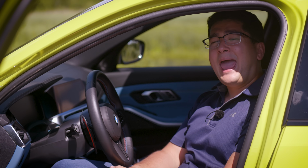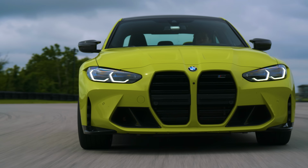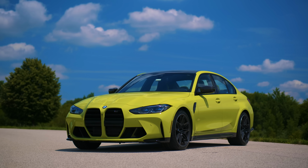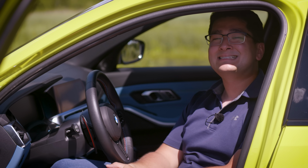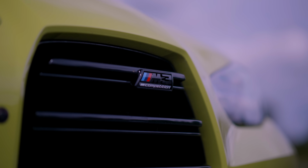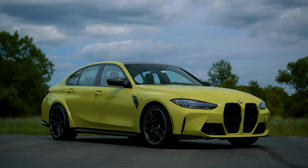The BMW M3 Competition xDrive, and instead of focusing on how this is the cliche four-door supercar that can do 0 to 60 in 3 seconds and a quarter mile in 11, we're going to be talking about how this car costs $96,000 and what you get for your money other than paying BMW a bucket load of cash so they can